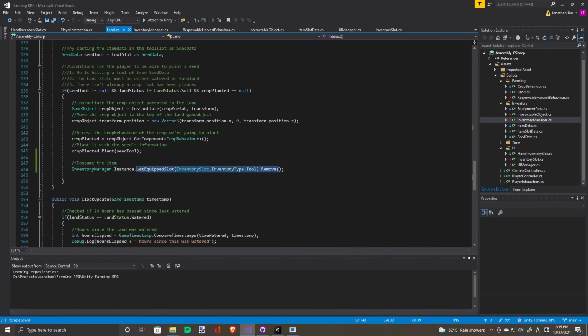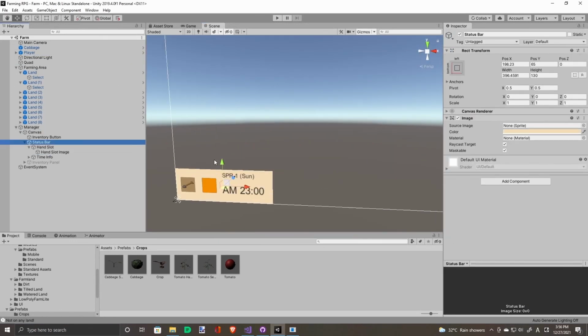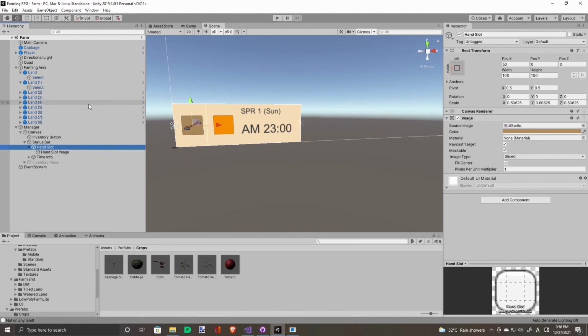So instead of this, let's also give this hand slot a little bit of text, like we did with our inventory panel.